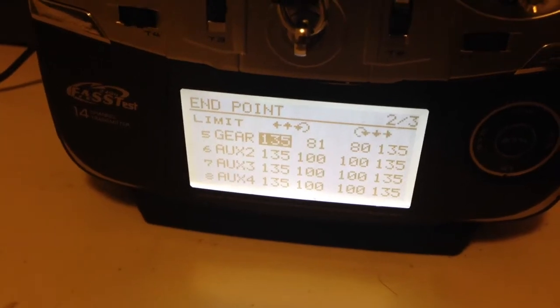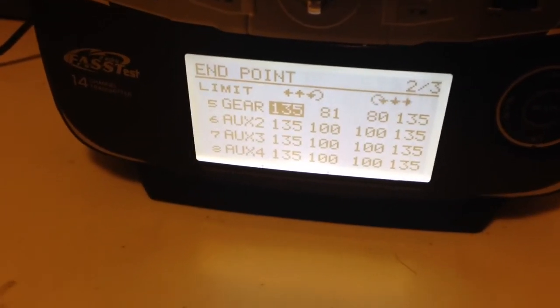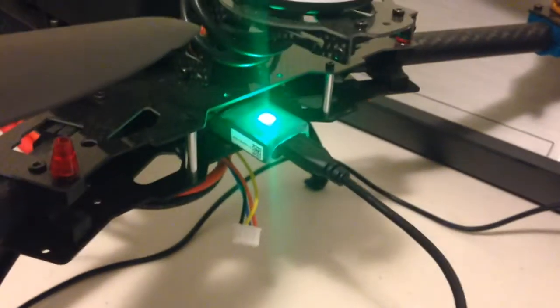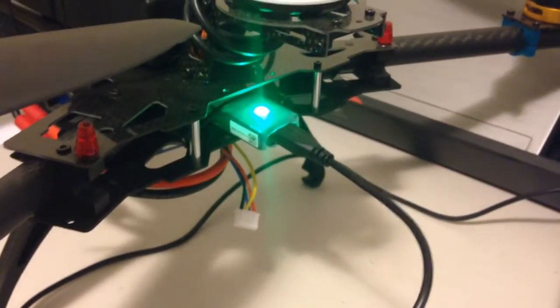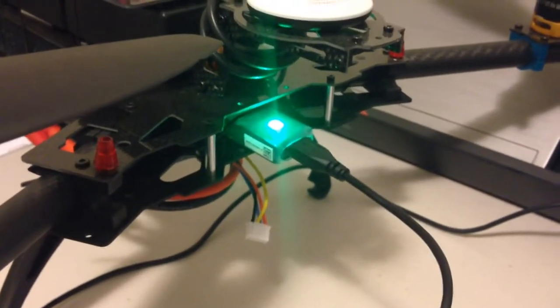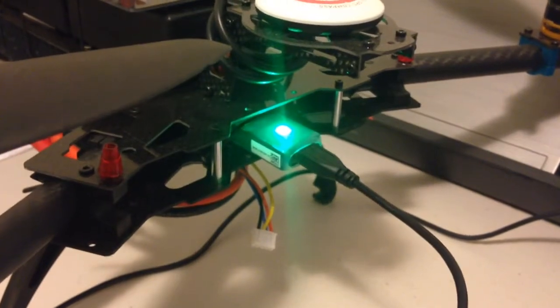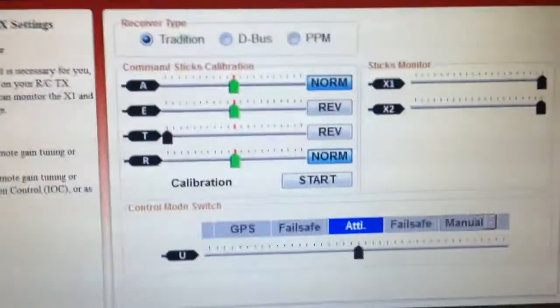Hey guys, it's Rob and I'm just doing a video to show you how to set up the mode switch on the Naza Lite unit. So I've got my quad connected. You can see by the steady green light on the back of the quad that it's actually connected to the PC. Later in the video I'll disconnect and I'll show you how the actual light indications work for the various modes. But just for the moment, what I'm going to do is just show you how to set up the